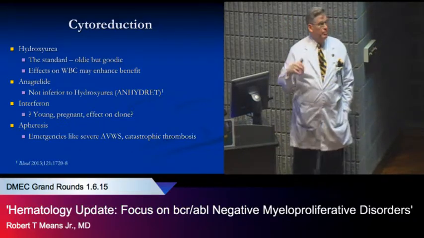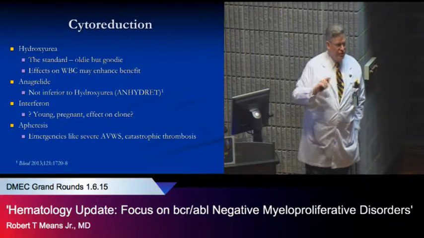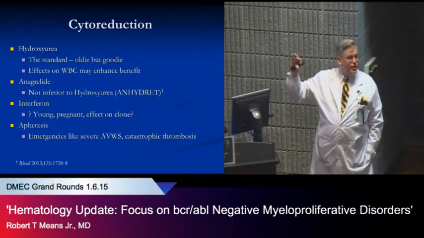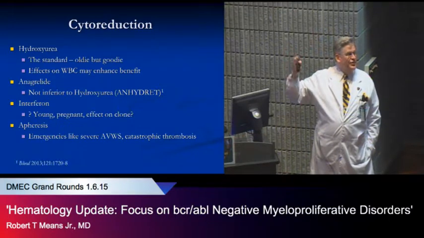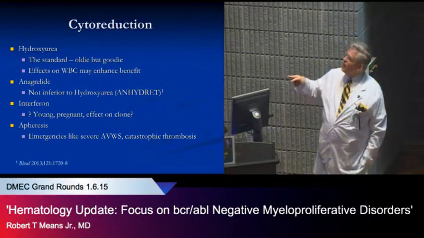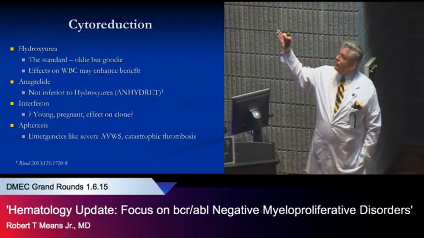Anagrelide more or less just reduces your platelet count. It produces a little bit of anemia too, but typically not much. It was initially being developed as an antiplatelet agent for cardiovascular disease, and they noticed that everybody's platelets went kablooey, down to the bottom, when they put them on it. So it came off the market and then subsequently came back in for hydroxyurea failures.